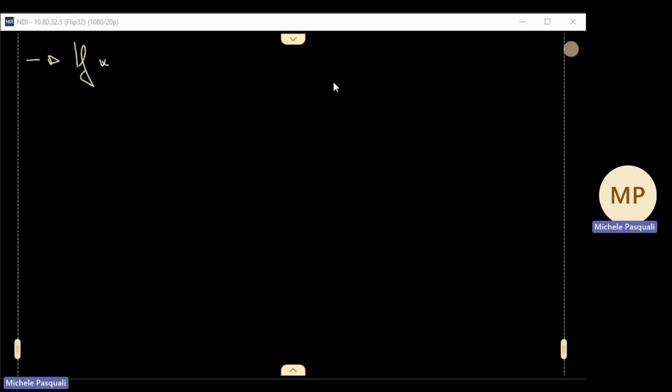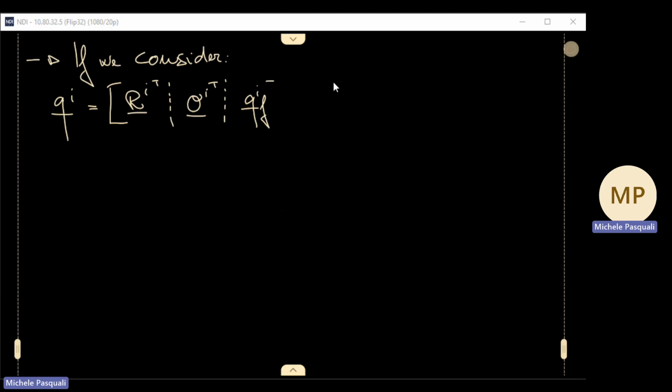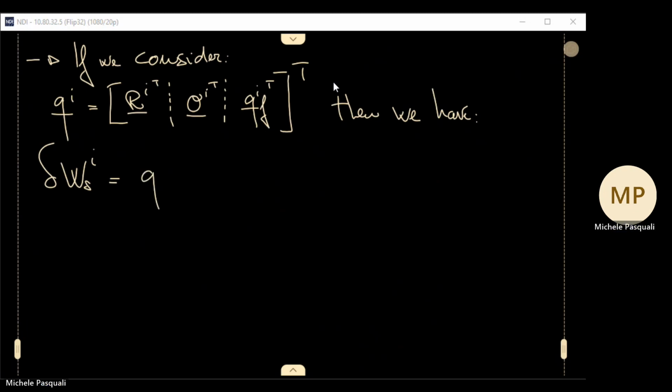So if we define Qi, as we have already done, as R, and then we have theta I transposed, and then we have QF that we have just made use of, then we have that, again, the virtual work of external forces of the body I can be written as Qi transposed applied over Ki, and not Kff anymore, over delta Qi,